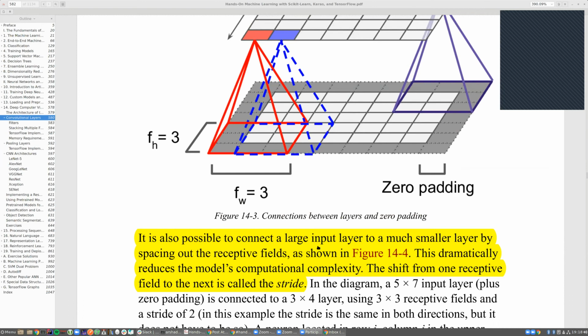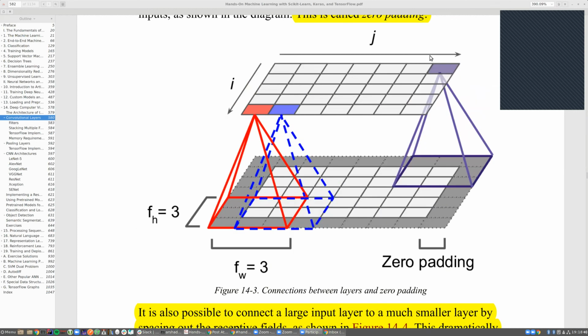There's this other notion as well that's worth knowing called stride. Let's say that you've done this area here, and now you want to know what to do next. If the stride is 1, then you would just walk 1 forward and redo the whole thing. If the stride was 2 and you were here, you would actually walk 2 and then redo it here. And you might think, well, what's the point of stride? Well, one of the nice things that stride does for you is that it really compresses the second layer down, because if you were at each step walking 2, you're going to halve the amount of data that's needed here,